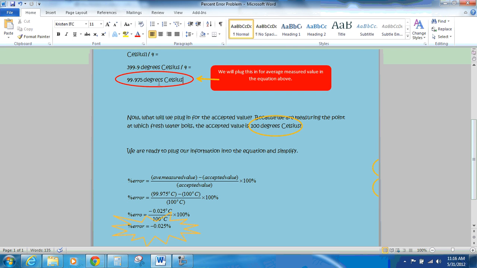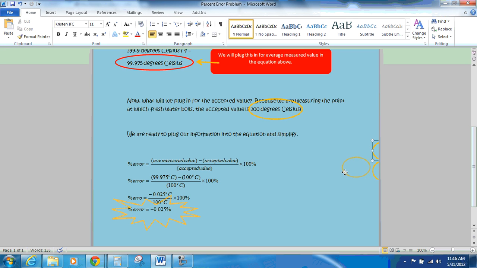So when we plug in 99.975 degrees Celsius for the average measured value and 100 degrees Celsius for the accepted value in both of these places, 100 degrees Celsius here and 100 degrees Celsius down here,